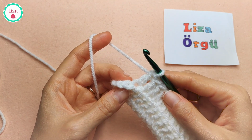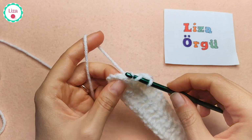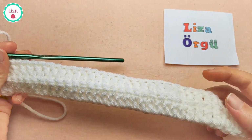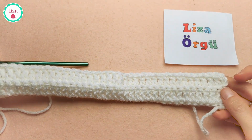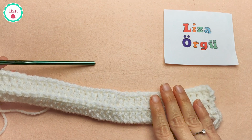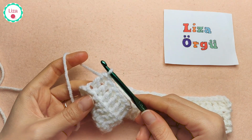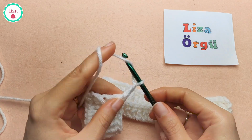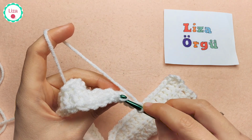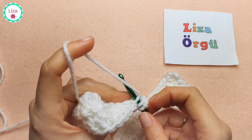I almost finished row 2, and this is my last stitch, and done. Okay, and you should always count your stitches. Don't count this chain 3, okay? And we should have 40 stitches in every row except this chain 3, okay? And go on like this, chain 3 and turn, and work always into the back loop only, and make double crochets in each stitch in every row